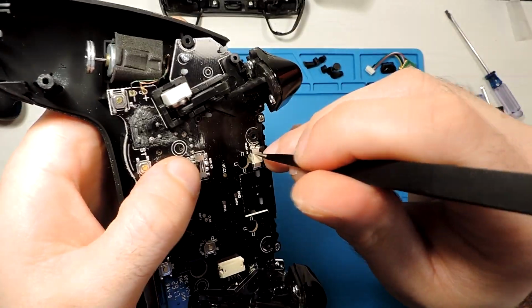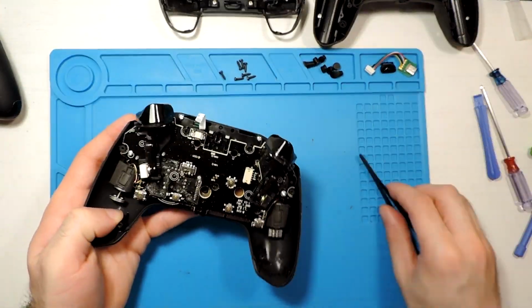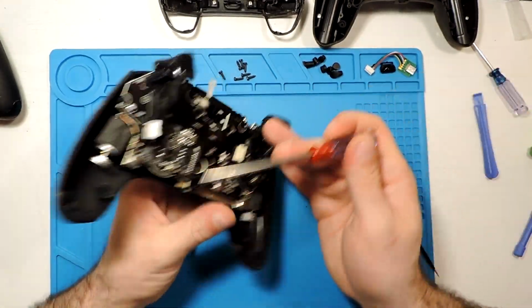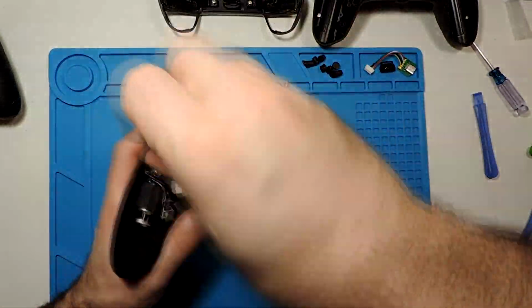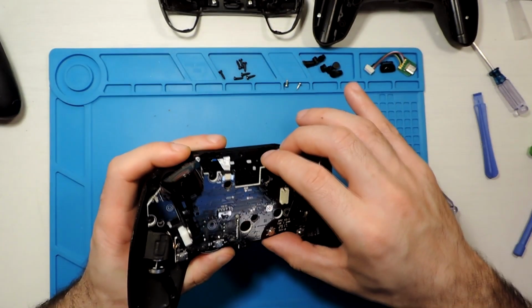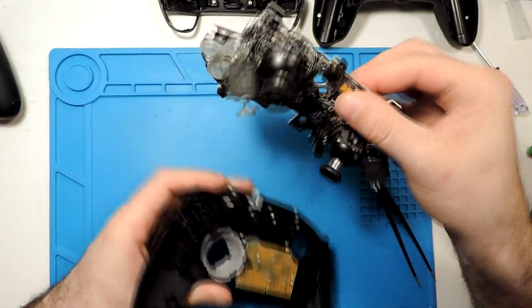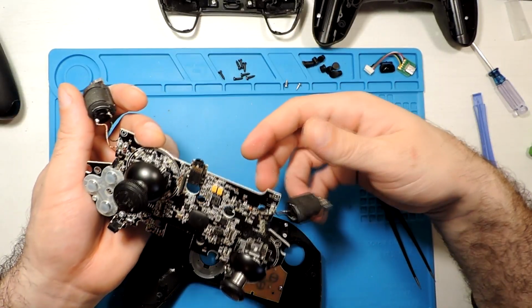Actually, some dirt over here as well. It's fine, so let's put this over there. And then we have 2 screws here and here, so just unscrew it. And this should pop up, I believe. Okay, so it came out. Okay, so this is the kind of